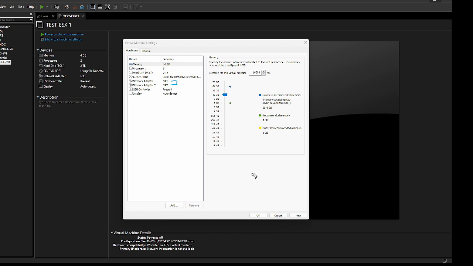So VMware, when you deploy the workstation, by default will create three adapters for you. One will be VMnet 1, another one will be VMnet 2, and another one will be VMnet 8. This will be known as a NAT adapter. And another one is the bridge one. There will be no adapter for this one, but the bridge option is there.